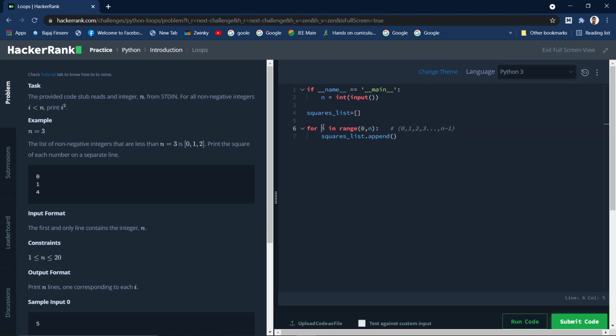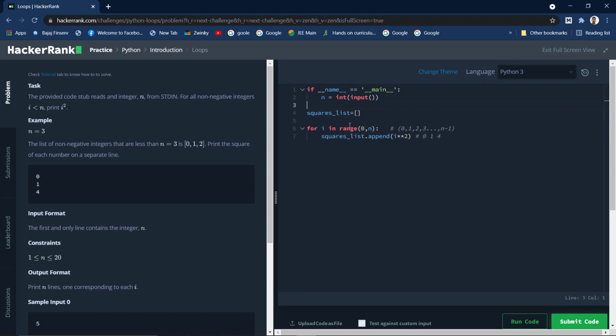So this is a number. In order to find the square, we just need to use the exponent operator. If it is 0, 0 to the power of 2 is 0, then 1 raised to 2 is 1, 2 raised to 2 is 4. So using this exponent operator we are calculating the square, and we are appending it to this empty list.